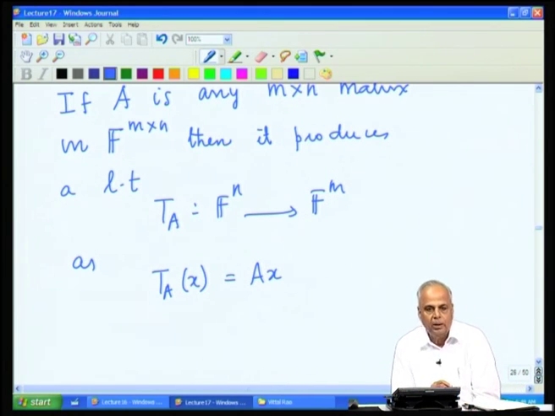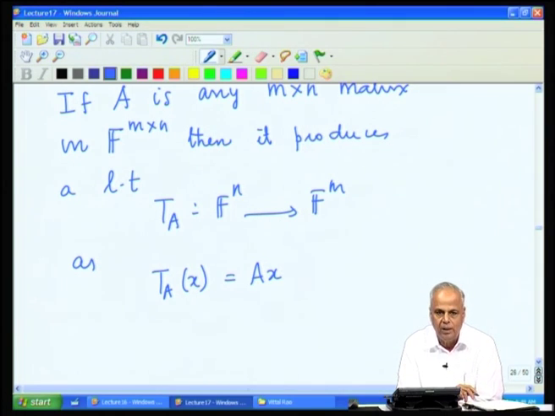Now, remember that when we are talking about linear systems of equations, it is this sort of matrices that we were interested in. So, these sort of matrices are connected with linear transformations. So, the study of the structure of linear transformations will automatically give us a lot of information about the structure of the matrix A, and hence the structure of the solutions of the system Ax equal to b. We shall begin from our next lecture the study of the structure of such linear transformations on vector spaces.